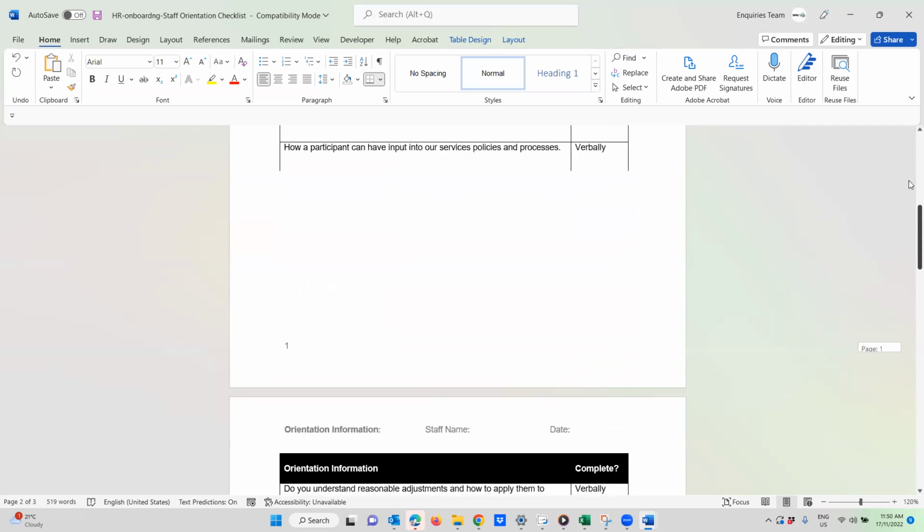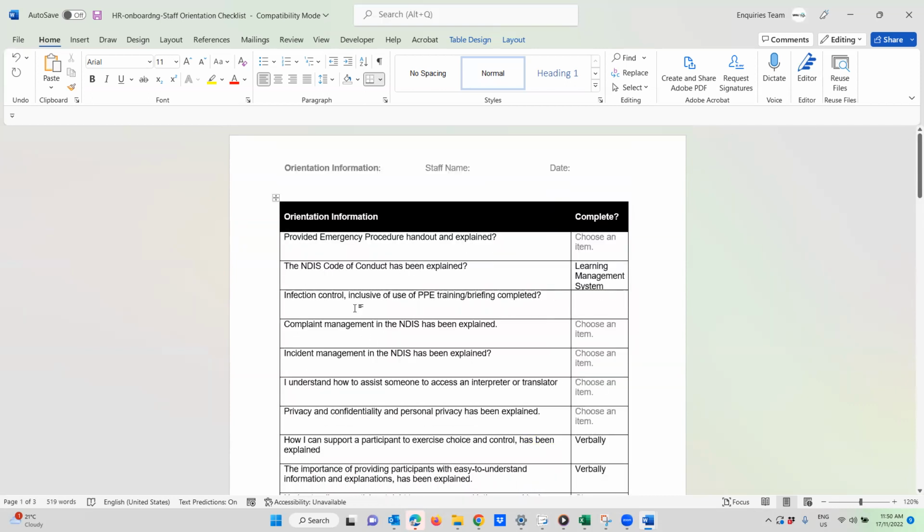But these are the two checklists that I will give you, and you can do with them what you want. I'm sure some of you, if you've got really flashy software systems or you're really good with forms, will come up with something really amazing. So we've got staff onboarding and we've got staff orientation or induction, and that's the knowledge. You can deliver those any way you like, but I've given you the information about what needs to be included in those, and you can add innovation of any kind.